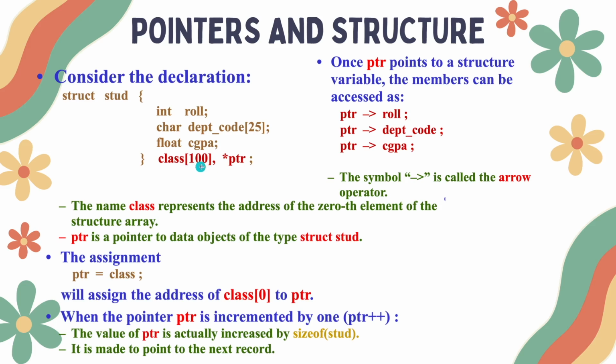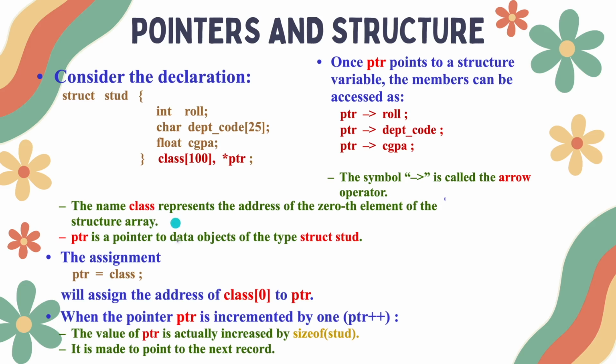And then about pointers and structures. So, here we have already seen how to declare a structure and to create variables for a structure. Here is one example where you could see that I have an array of structures. Class 100 means I am creating an array of structures for this structure named student, and you could see that I have another pointer variable which is also a variable for this structure. So, here in this case we have this array of structures class, and when I merely say class, it means I refer to the 0th element of this array of structures,